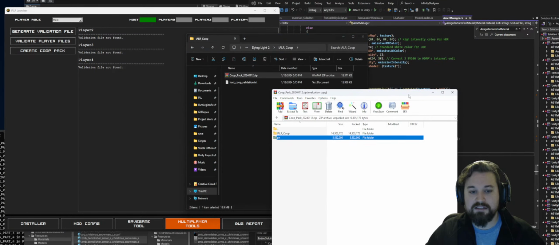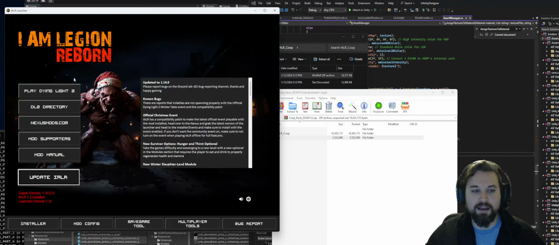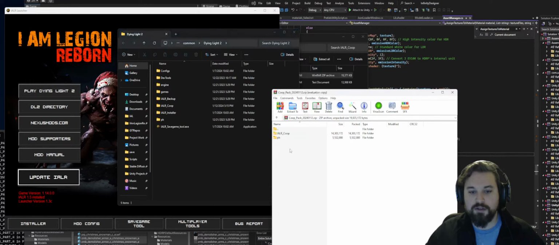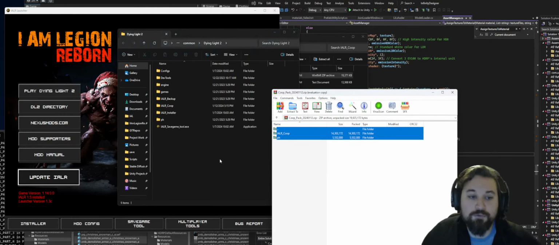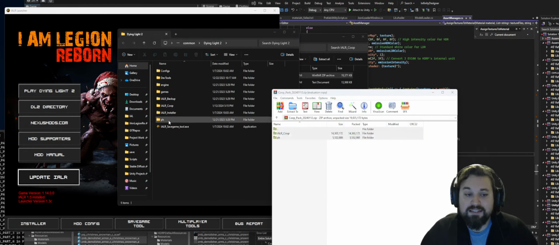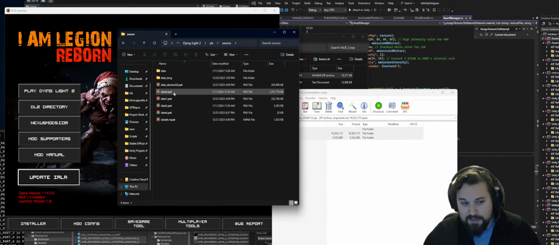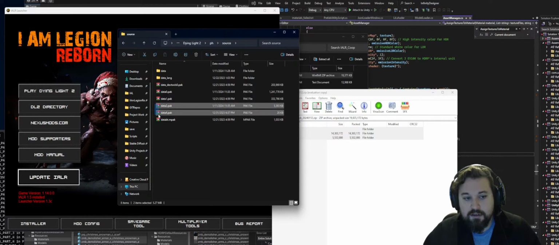So the idea is that they just open at any point, they can hit Dying Light 2 directory, it opens the directory, and they can just drag this right in. They're good. And so once they've done that, unless they have different files, and that's always the big challenge, it depends on what they have in their folder. So even if they drag this in and all of a sudden you still have the mismatch,